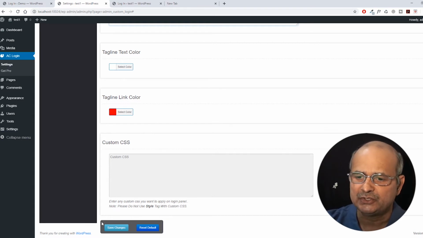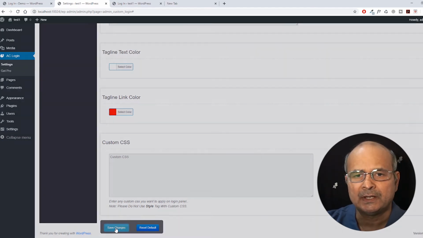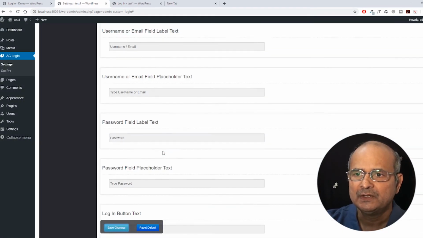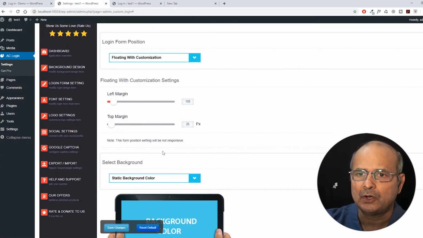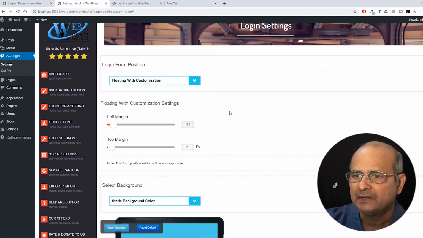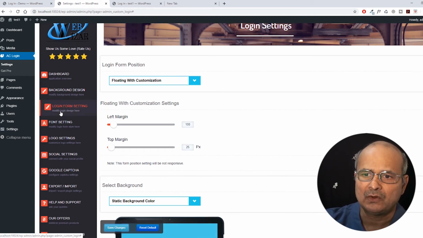And after making these changes, just save changes. If you do not, you will lose whatever you did here. So save changes, and okay, this message tells you that your changes are saved. So let's go back to the top again and go to the next settings, which is after login form settings,